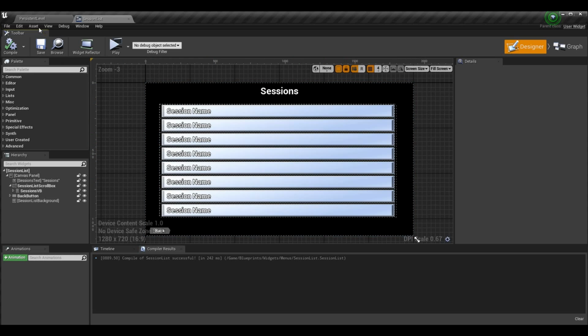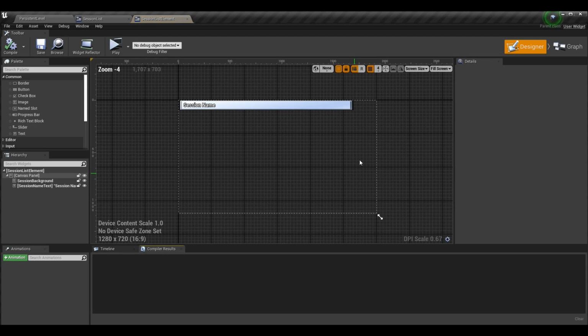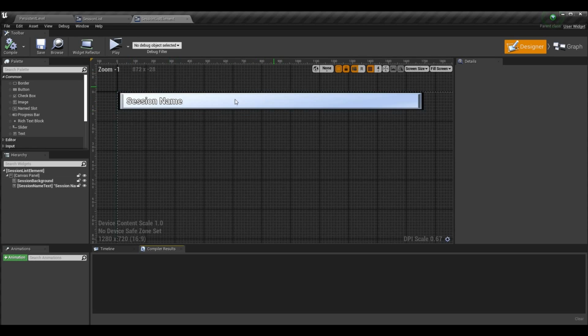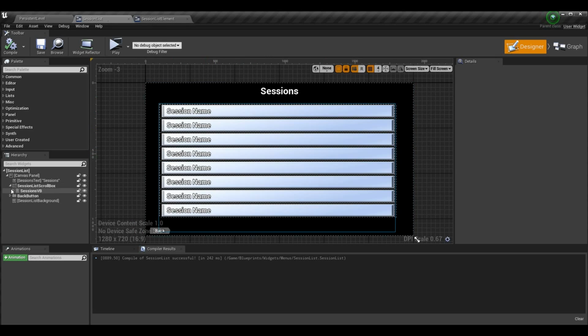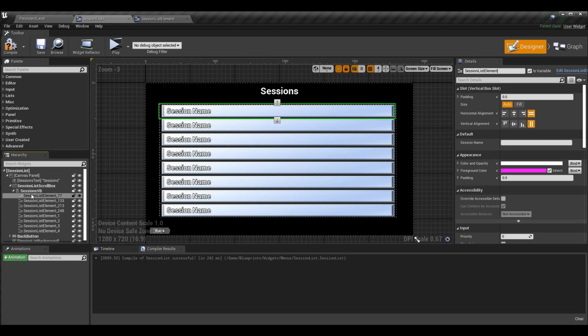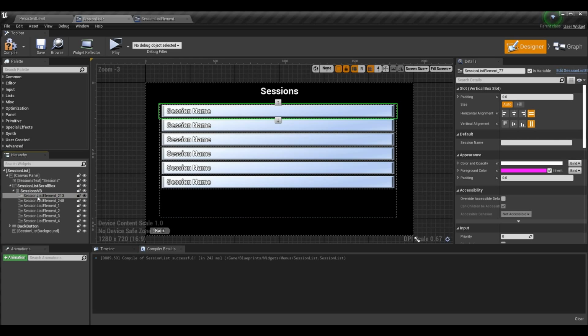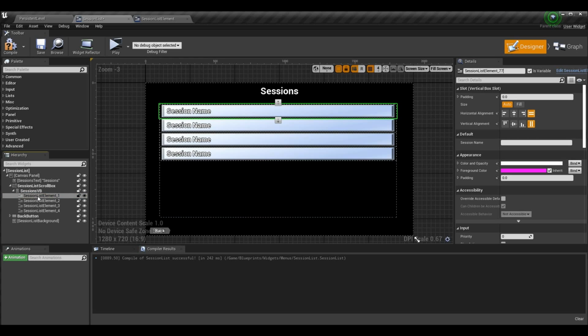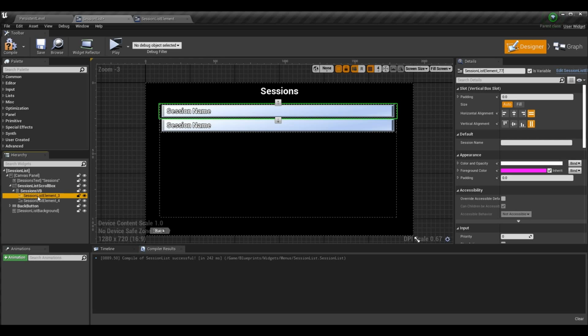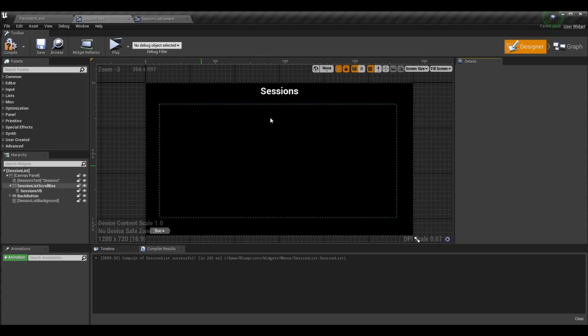Now, before we get into the actual logic, there is one other thing I want to do. I want to go to our session list element. These are the individual elements that we have made for the session list. When you are in your session list, you are probably going to see something like this. It'll be all empty. If you would like to test the navigation of the session list without actually launching that many online instances, you can do this by going to your palette and searching for our session list element widget